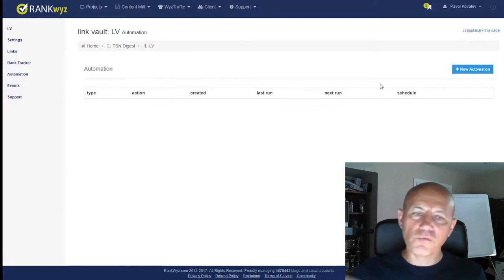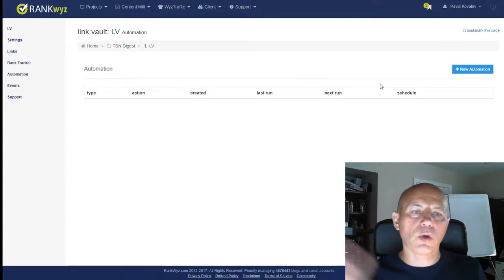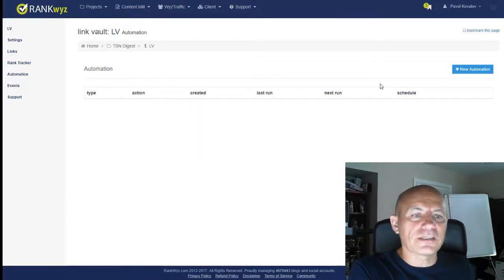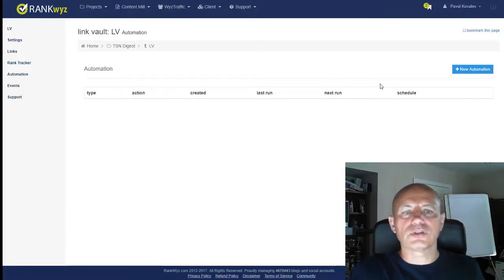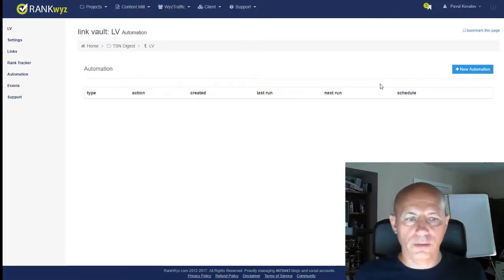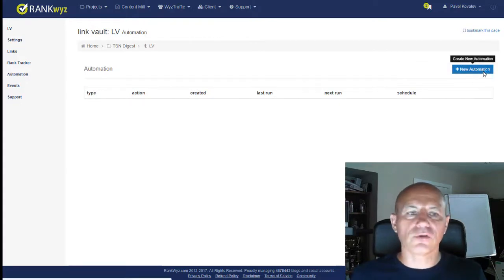So if you have pages, you need to make sure that traffic is coming to your site from tier 1 properties, but at the same time, you need to make sure that traffic is coming from your tier 2 properties all the way up to tier 1. So how do you send traffic to your tier 1 properties? You go to automation,